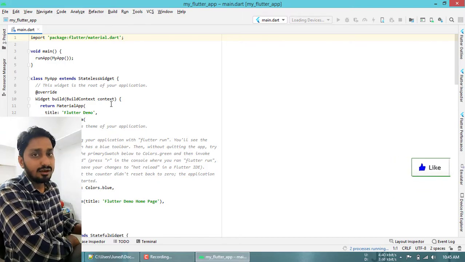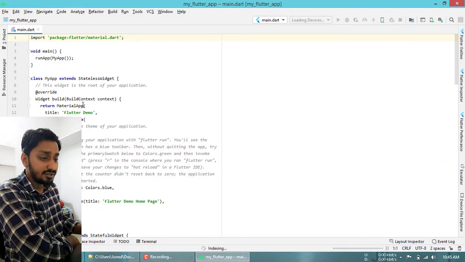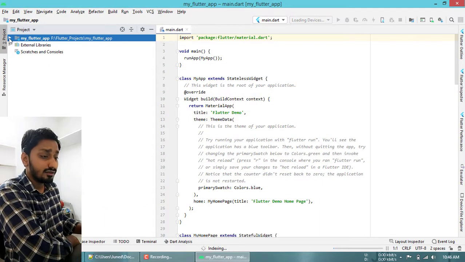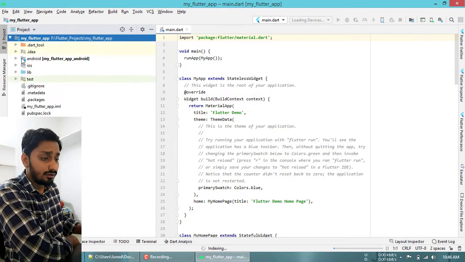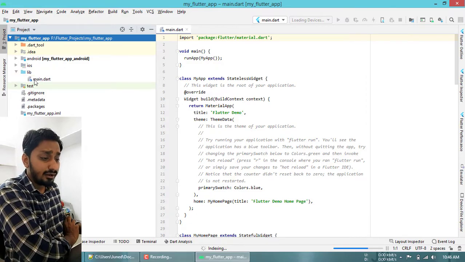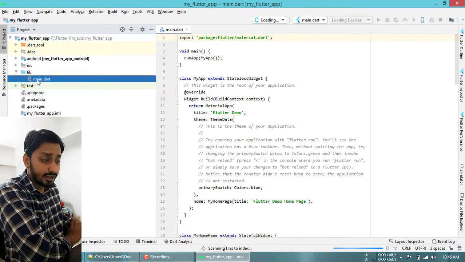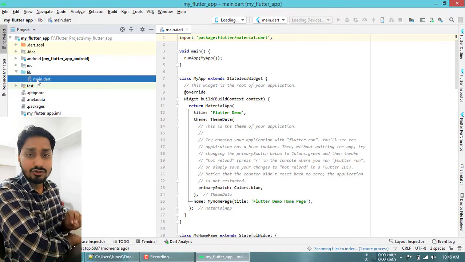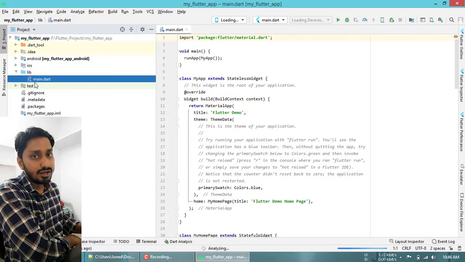Now as you can see, my new fresh Flutter project has been started. Click on the project. Now click on the arrow button and you can see here is my complete Flutter project. Now to edit any Flutter project, or to start coding in Flutter, what we have to do next is click on the lib folder, and inside there is a file named main.dart. This is our main file, and if you want to start coding in Flutter, everything we code should be written in this main.dart file.